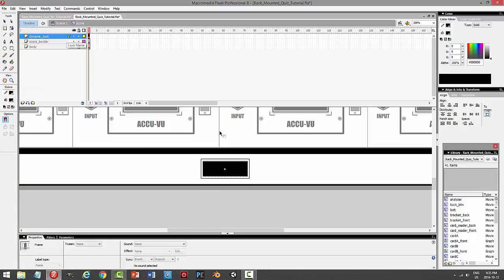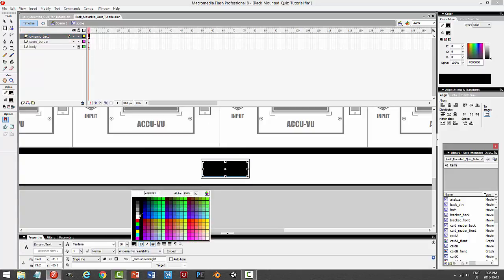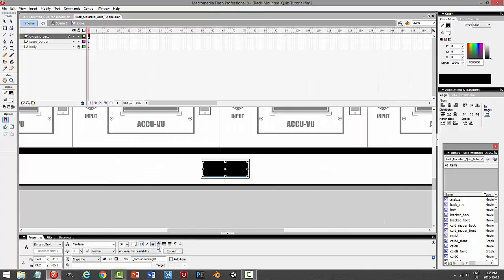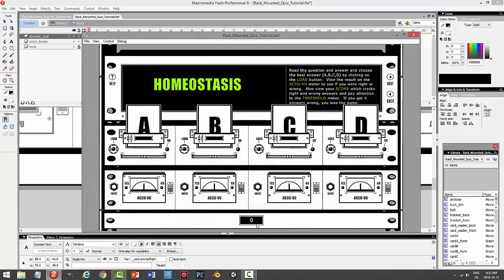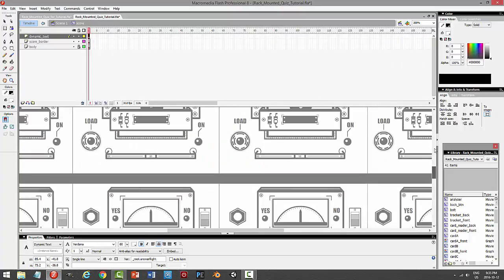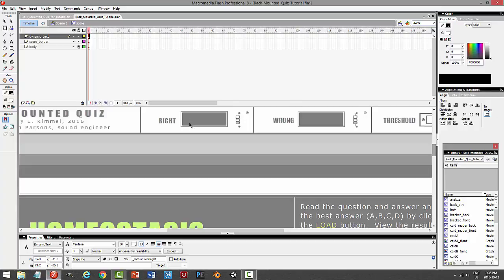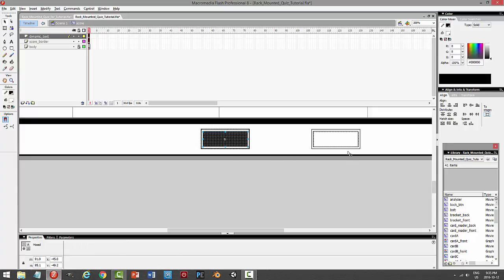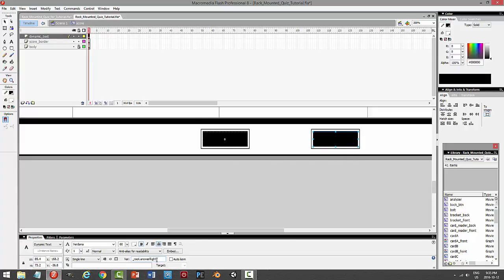And I'll go back into the dynamic text, and I'll make this white for the text. Center it, and there we go. Okay, now what other fancy things did I do up here? Nothing much. Okay, so we can go with that. I'll grab this one and copy it over there for the time being, and this is going to be answer wrong. So I got the two of them, and